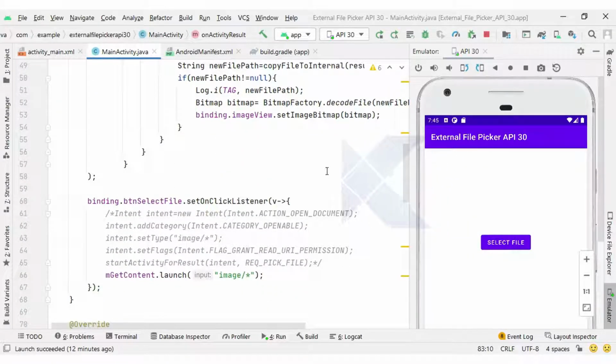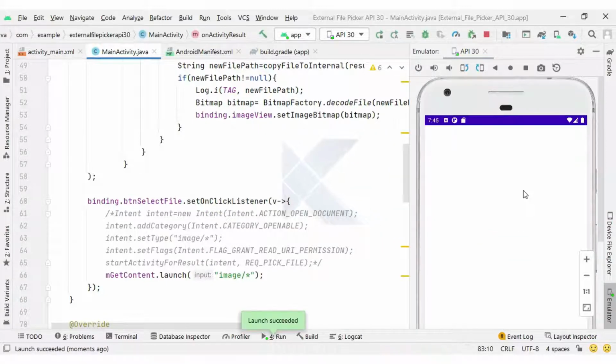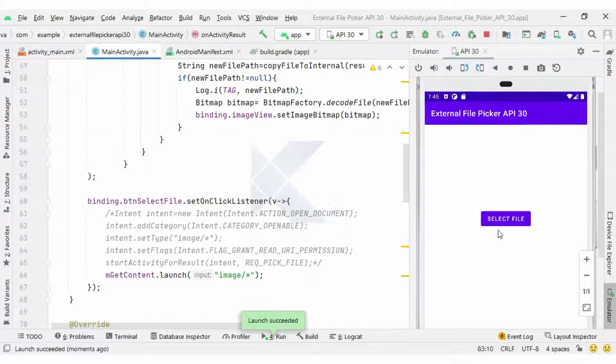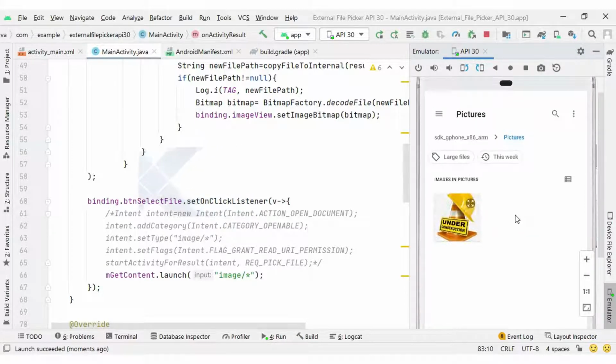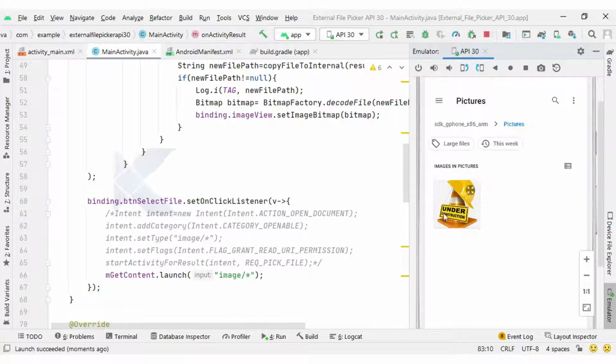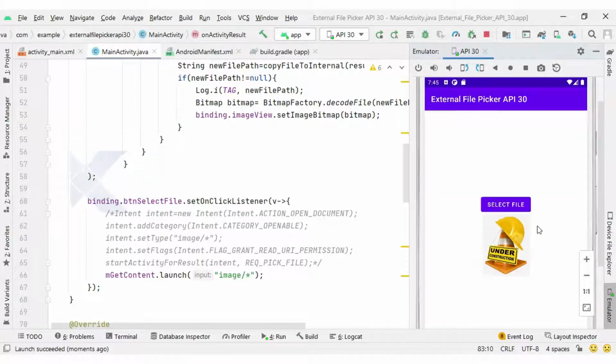Let me run and check the output. So guys, here is the output. You can see our application ran successfully, and if I click on the button, we get the same output. We pick an image from the external storage, and that image is available to our activity.